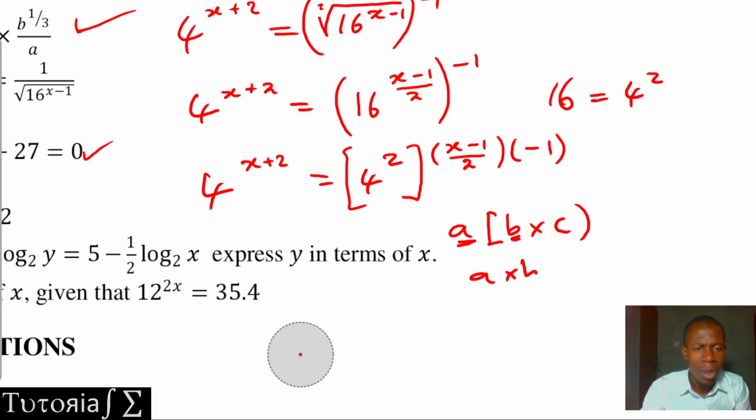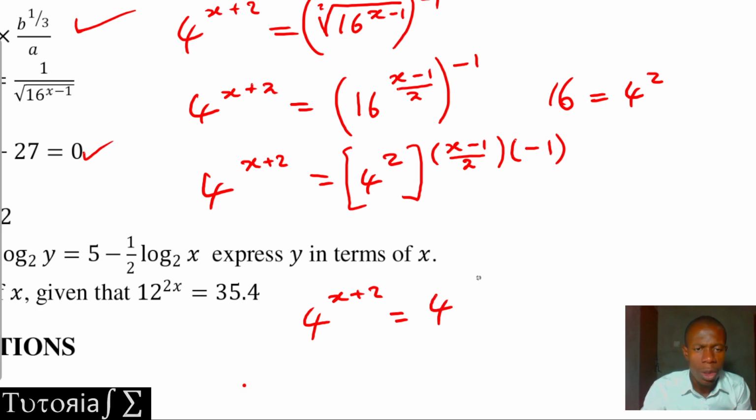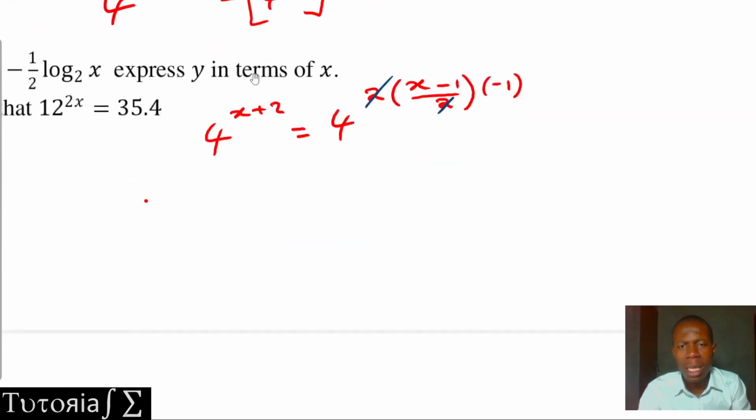So this is a times b, then times c. Okay, so that is multiplication. So now in this case, we're going to have 4 raised to the power x plus 2 equal to 4 raised to the power 2 times x minus 1 over 2, okay, times negative 1 here. So this and that can cancel out. So let me just highlight that this and that can cancel out. And what we will remain with is